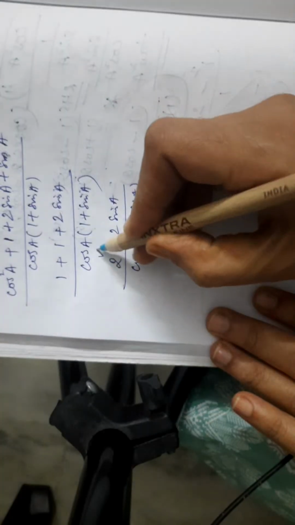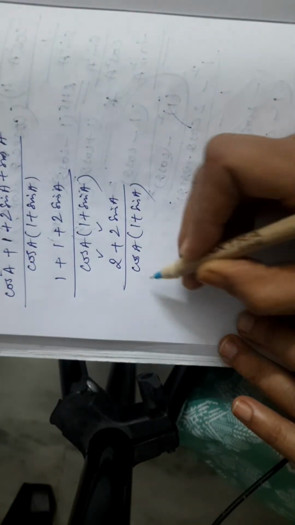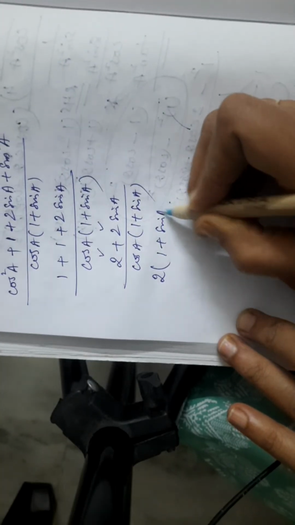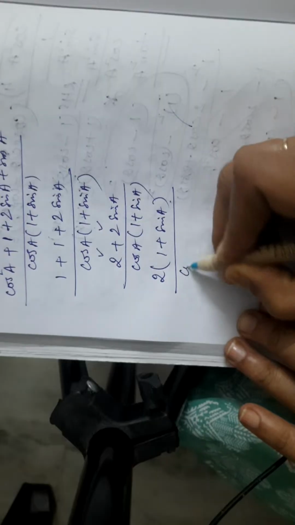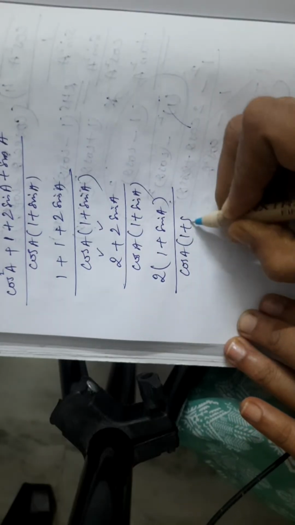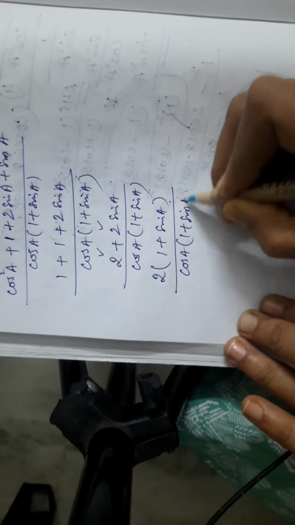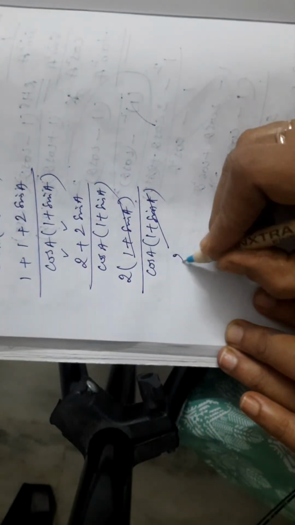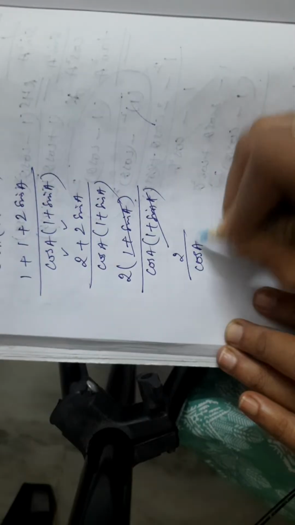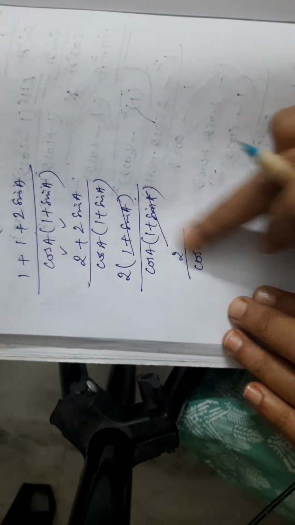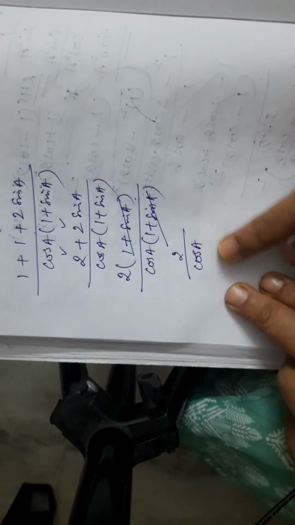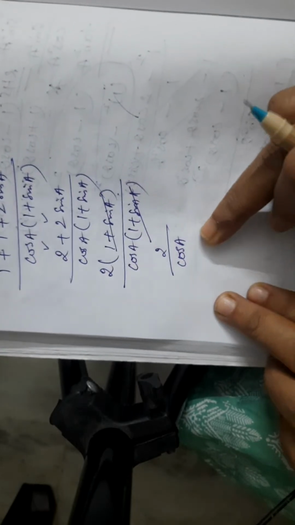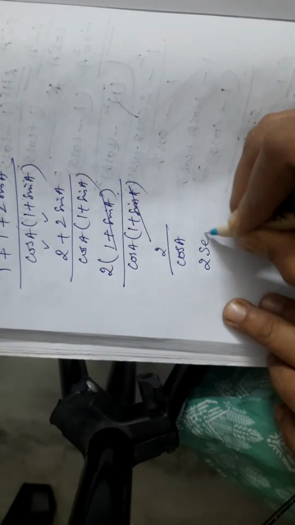अब दोनों में 2 है, सो 2 विल गेट कॉमन। हमने उसको बाहर ले लिया। 1 प्लस साइन ए, कॉस ए 1 प्लस साइन ए। तो ये दोनों हमारा कैंसिल हो गया। अब यहाँ पे बच रहा है 2 अपॉन कॉस ए। 1 बाई कॉस सेक होता है, सेक का रेसिप्रोकल कॉस हो रहा है, तो इसलिए ये 1 बाई कॉस हो रहा है, मतलब सेक। सो 2 सेक ए।